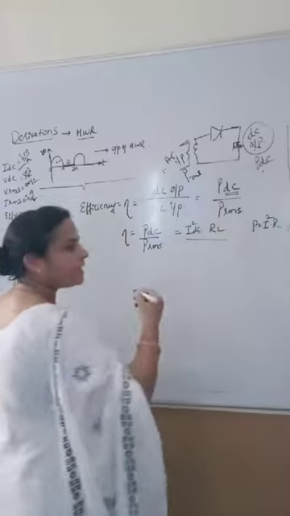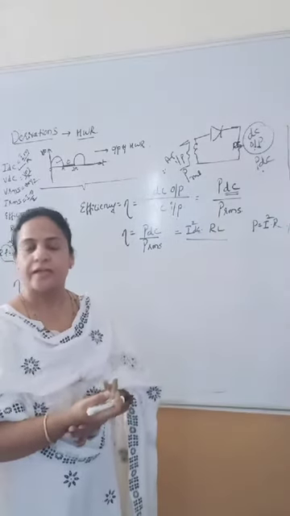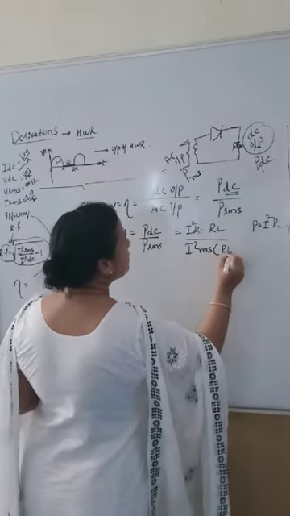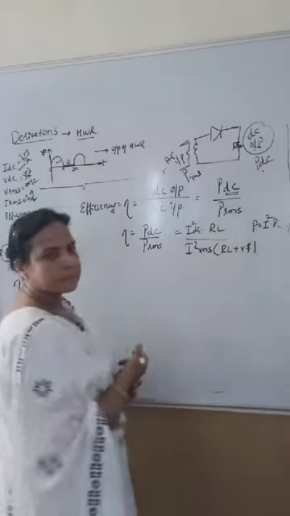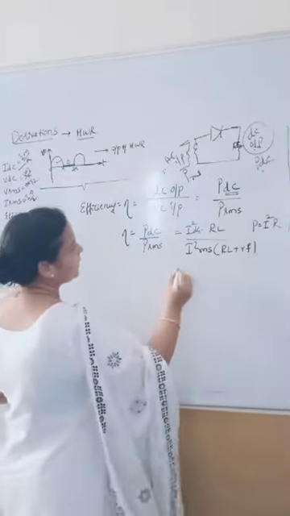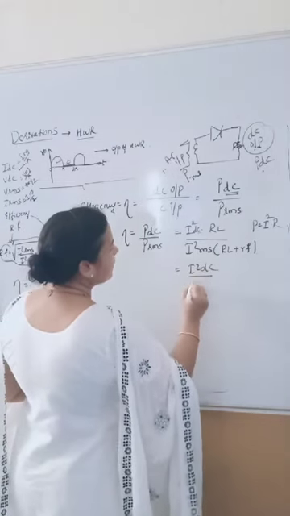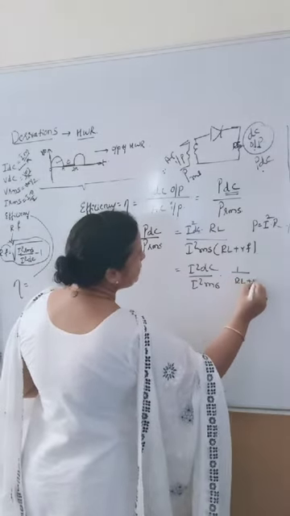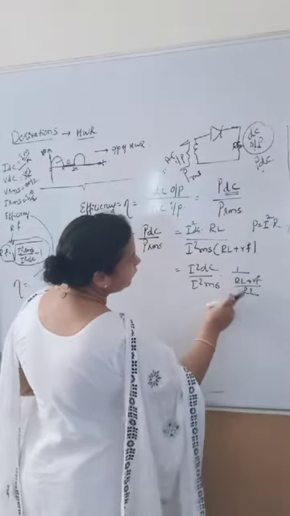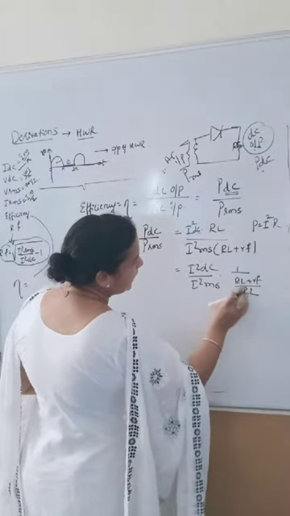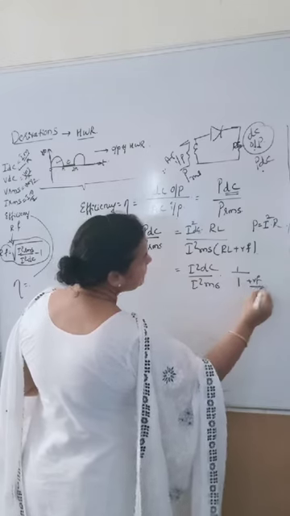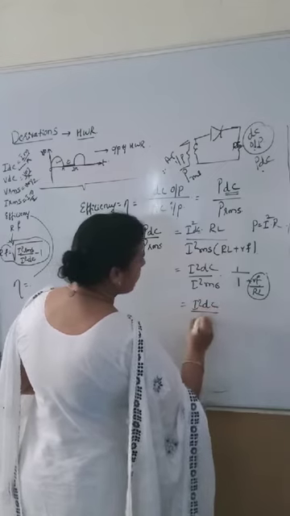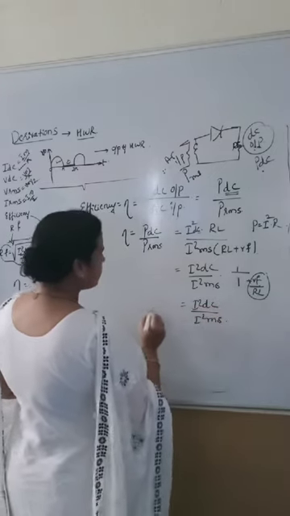And this PRMS, again write it in terms of current. Again, the RMS value of current only is to be considered: I square RMS into RL plus RF. So this is I square DC divided by I square RMS into RL divided by RL plus RF. Taking it down as we have done previously, this is RL by RL plus RF by RL, and RL by RL is 1, so 1 plus RF by RL. You will neglect this term, so you will be left with I square DC divided by I square RMS.